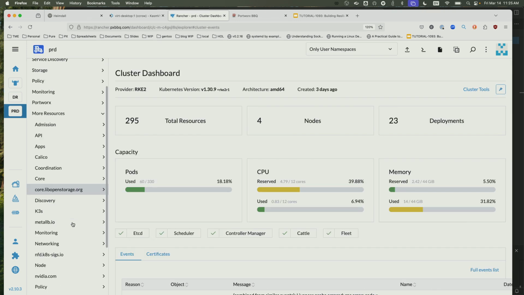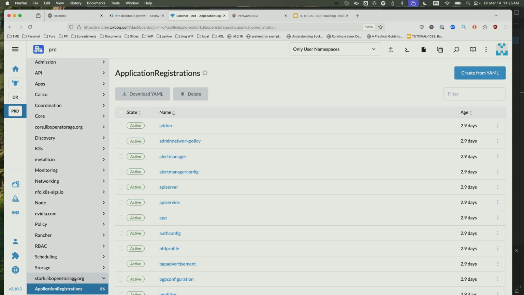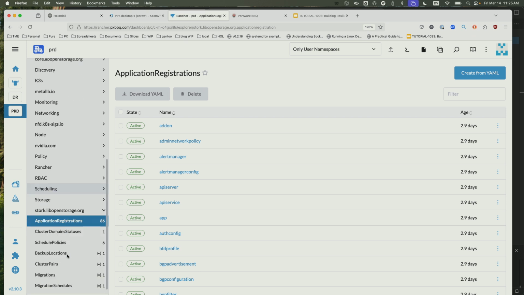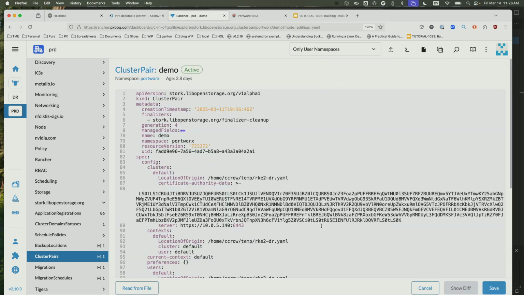By the way, this is probably my favorite feature of Rancher Server, that they simply allow me to hit any custom resource from the GUI no matter what. So from a demo perspective, this can be really nice to just click through things. Okay, so I'm going to take a look at the cluster pair, and we can see here that I have a manifest. Those that take pictures fast enough can probably get into things, but I promise this is actually all behind some firewalls.